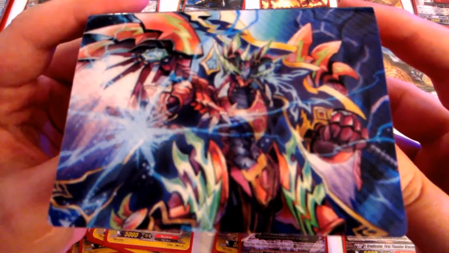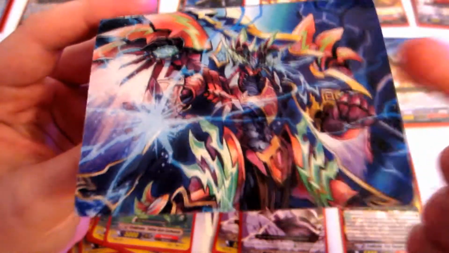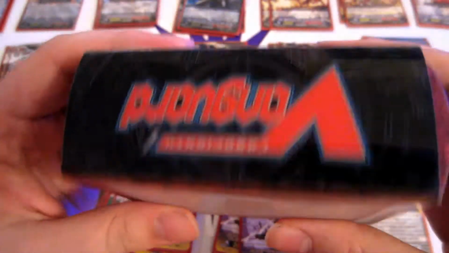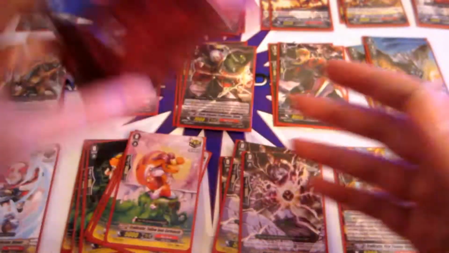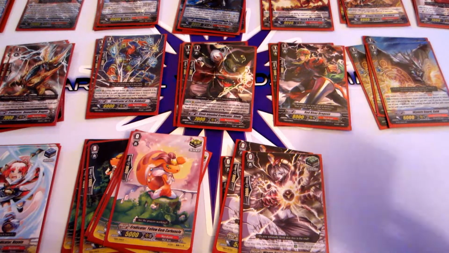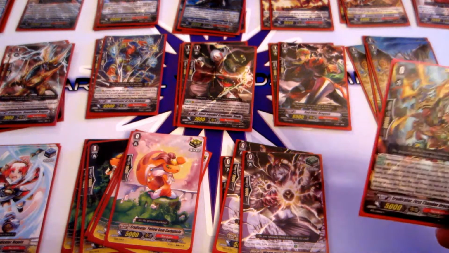But Narukami, which is my favorite clan ever in the whole universe ever, had some pretty cool stuff, including this bad boy, Eradicator Sweep Command Dragon, who is the focus of this deck. I got this box from one of the boxes that I opened. It's quite nice. I like it. So let's begin. This is a deck that I made focused on the Sweep Command Dragon, which is a great